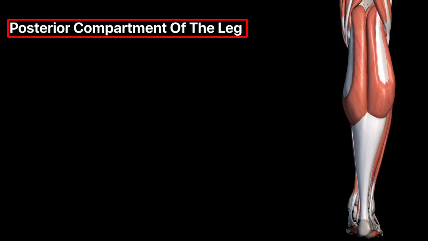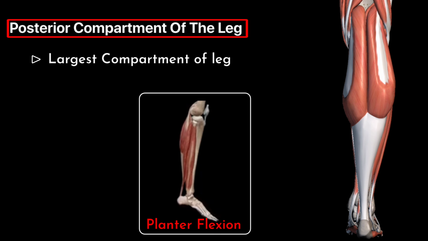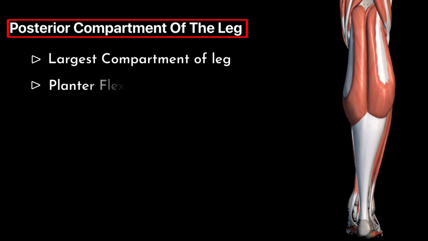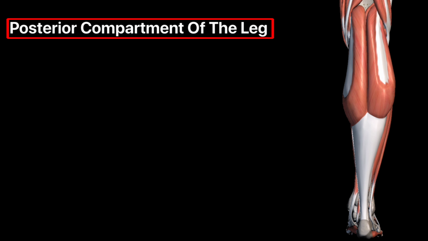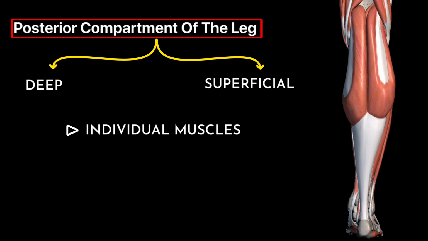The posterior compartment of the leg is the largest of the three leg compartments. The main action of muscles in the posterior compartment is plantar flexion. Therefore, it is also called the plantarflexor compartment. Today, we are going to learn about the posterior compartment of the leg, its subcompartments, and individual muscles in the posterior